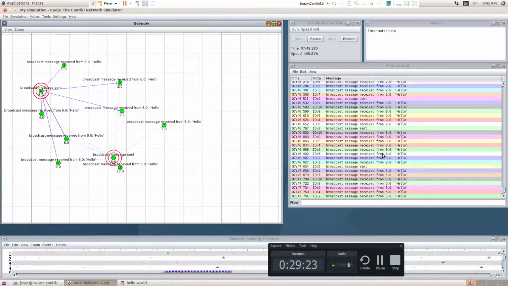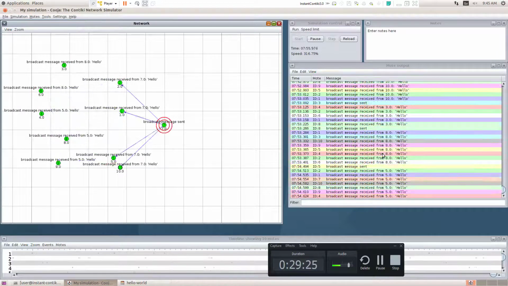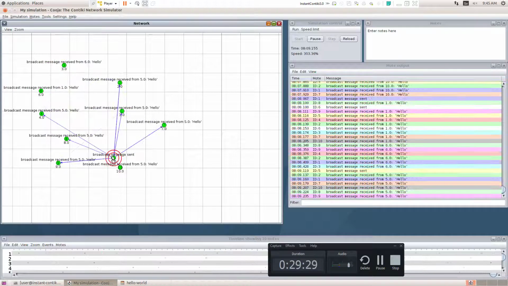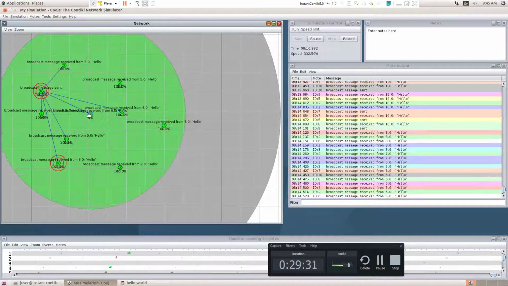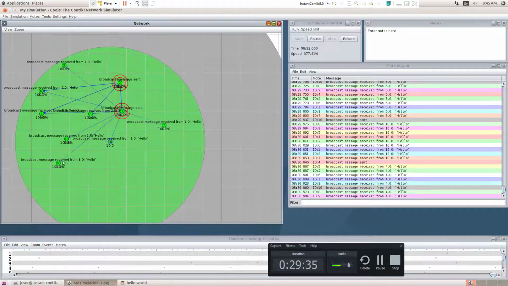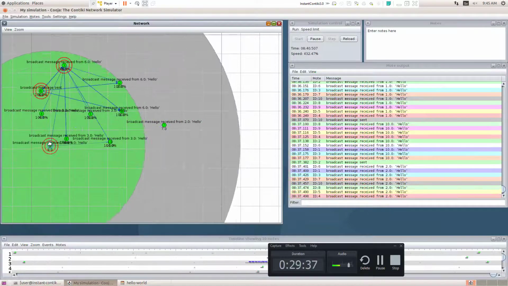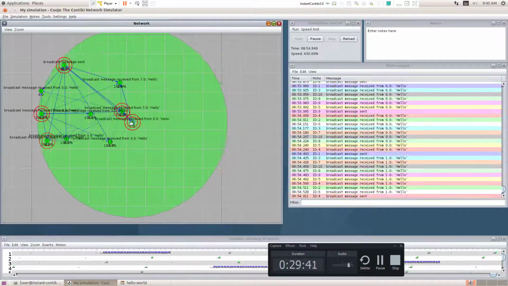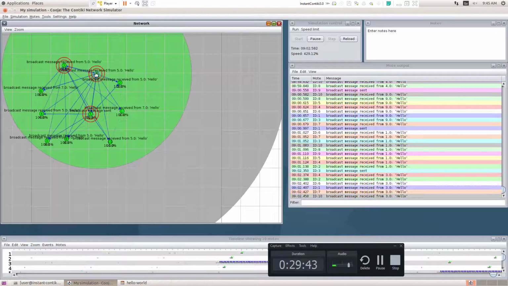Previously the network was scattered, but it is not scattered now. So now let me just keep them nearby. If you just move like this, the number of packets will gradually increase, and you can see a lot of broadcast packets available in your network. So this is going to be a very serious issue.